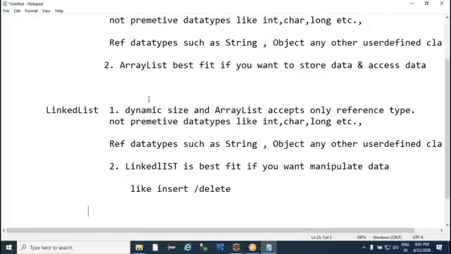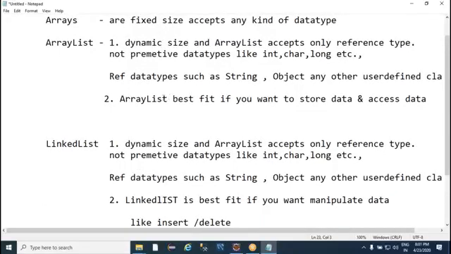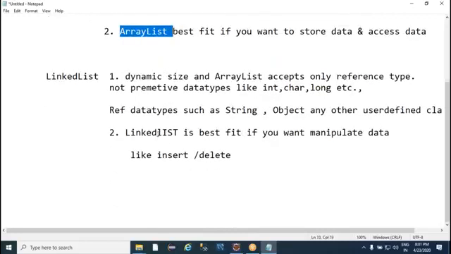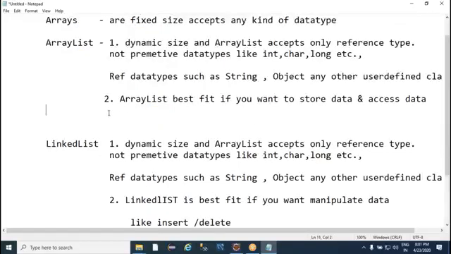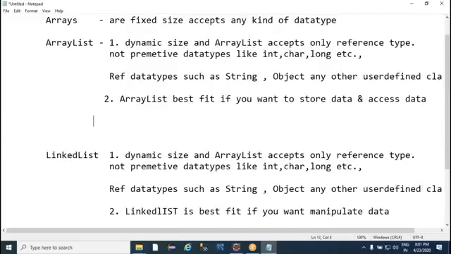So if you just want to store the data and access the data, array list is a better option. After storing the data, if you want to perform further manipulation, linked list would be the better option. And the other major difference here,